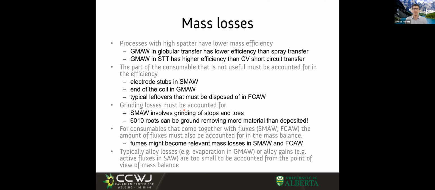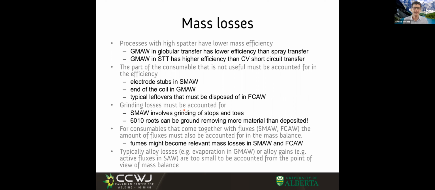What other mass losses do we have? Flux core, stick welding. The fluxes are part of the electrode you bought, right? And so when you buy electrode, you know that some of that you should dispose of because it's going to become slag, right? And that is tabulated in the literature. And we also have other losses that are,